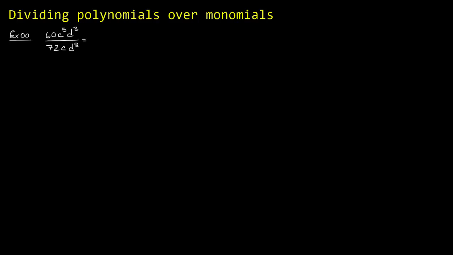Hi, for today we're going to explain this idea of dividing polynomials over monomials. In a sense, it's something very simple. It's very close to something that we have actually been doing in the previous weeks, and that is simplifying fractions such as this one. I'm going to call this example 0, just for the sake of setting a precedent and as an introduction to